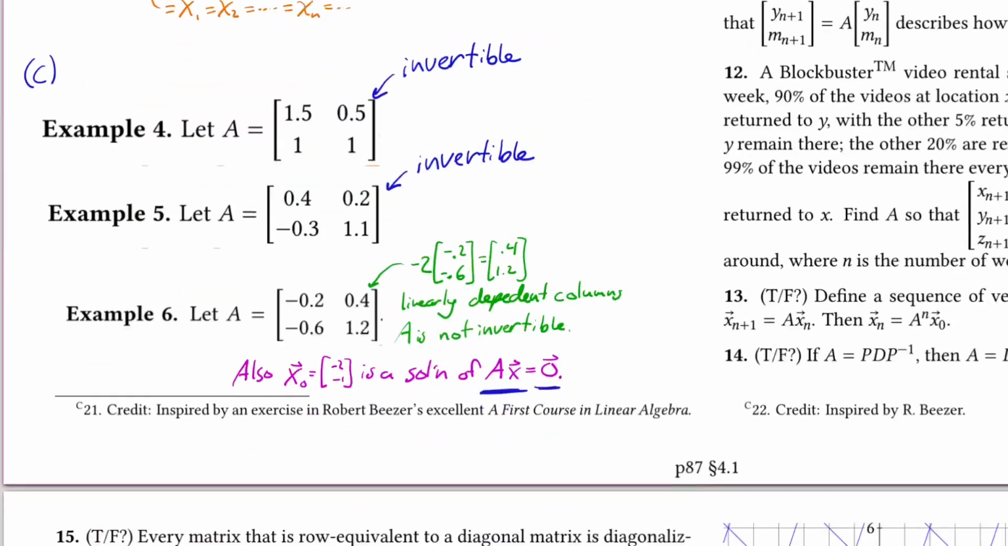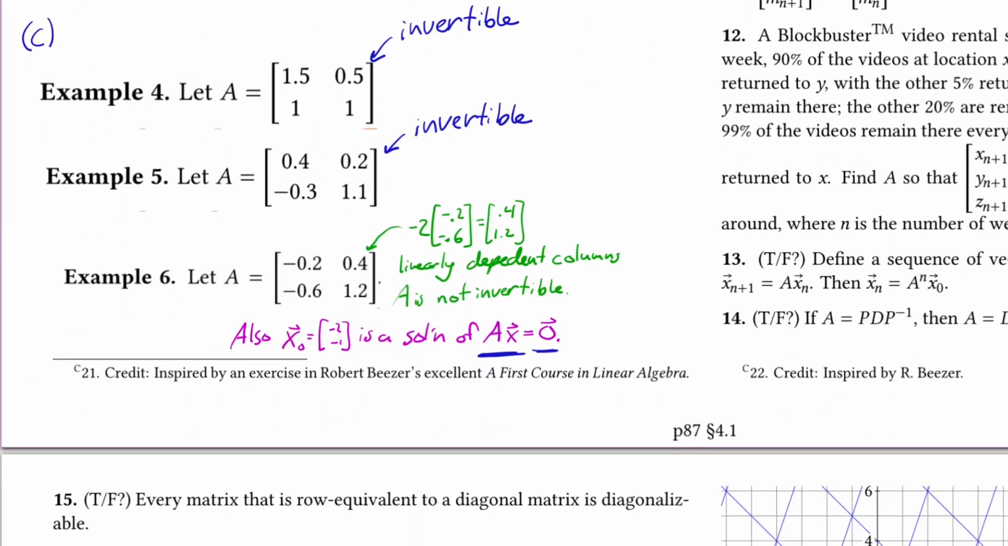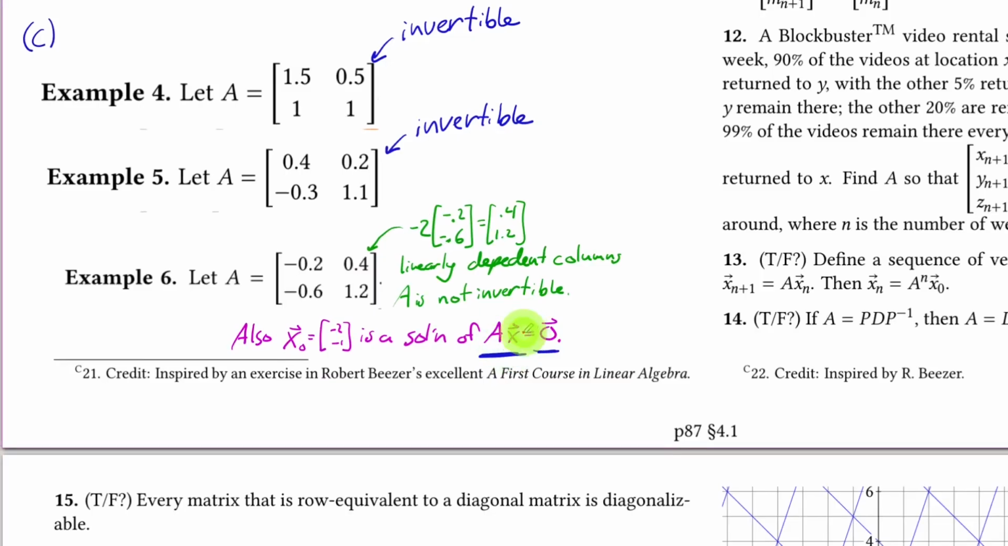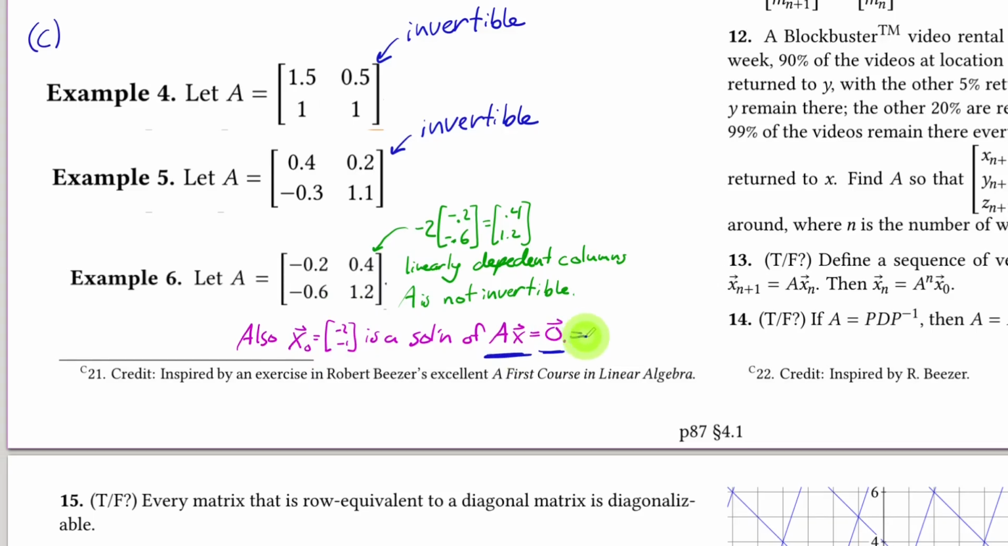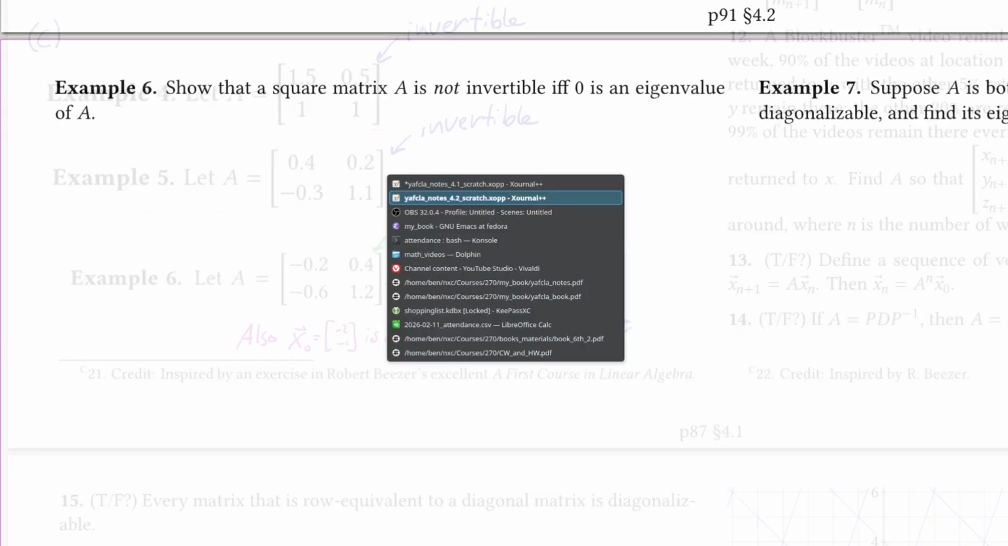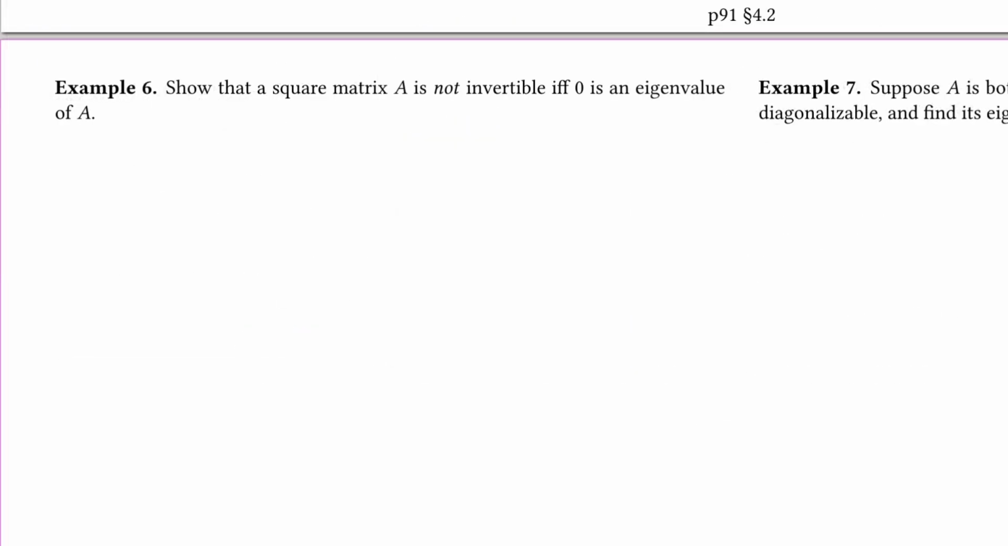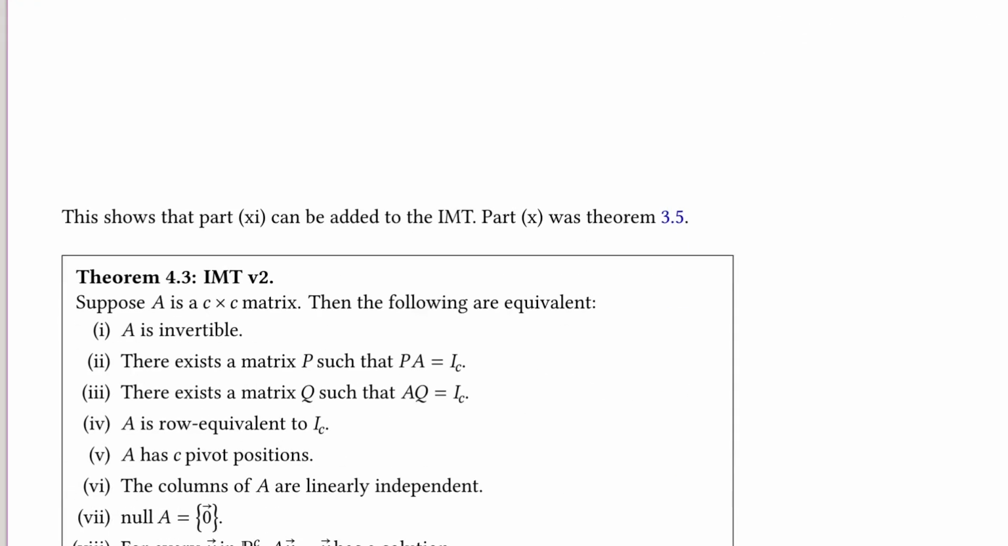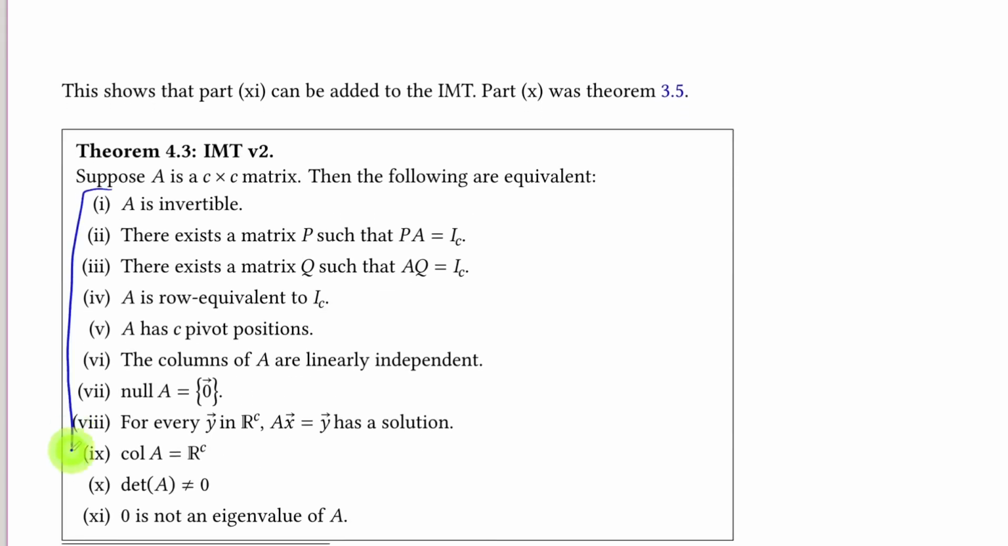In other words, if AX equals 0 and X is not a 0 vector, it means that X is an eigenvector corresponding with eigenvalue 0, because this is the same thing as 0 times X. So let's write out that reasoning, but looking at the invertible matrix theorem first, we see that everything up through part 9 was the original invertible matrix theorem,